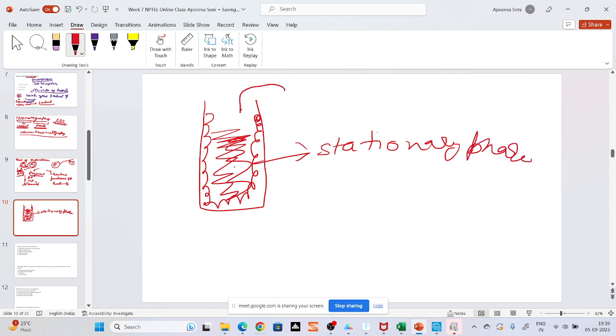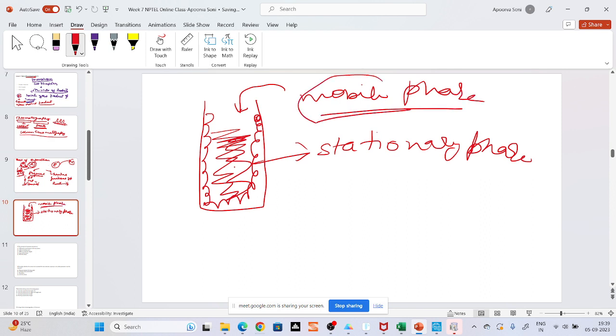And then what you give from outside to the column forms the mobile phase. It is called the mobile phase because when you put this solvent, it is moving, it is mobile. It is called a stationary phase because it is fixed inside the column. And then when you pour the mixture that you want to separate, the mixture will separate